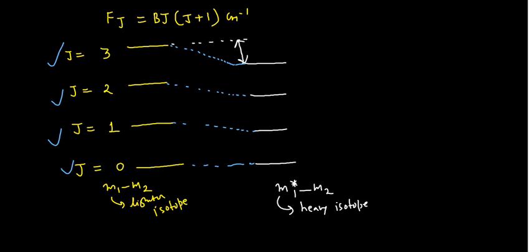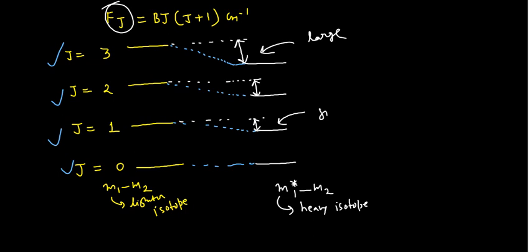Okay, that is the Fj value. And for this one, you see here, if I extend this a little bit further, so this is again the energy gap. If I extend this a little bit further, this is again the energy gap. You see this gap is large and this gap is actually small. So this is actually shown in the graph.